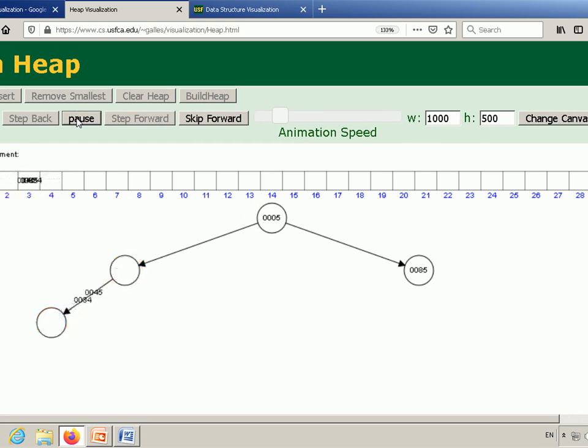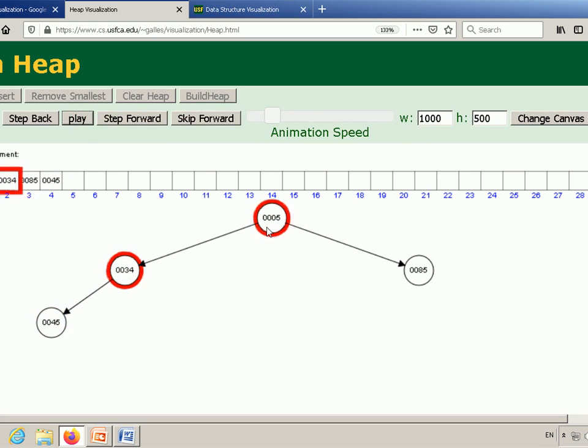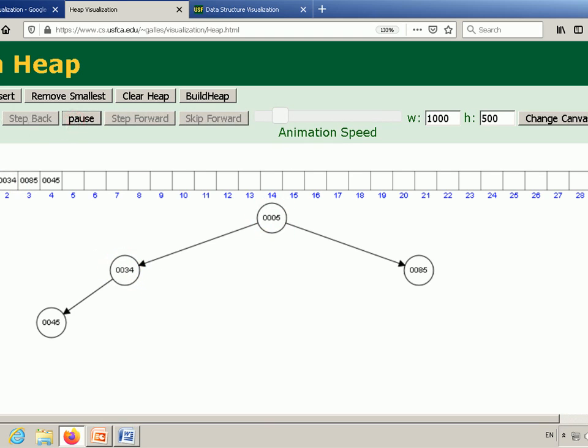Then 34 will get compared with the 5. As 5 is less than 34, and we are constructing a min heap wherein the root is always less than its children, no need to swap these two elements. So no swapping takes place. Then insert 26. So 26 goes to the right-hand side, no need to swap. Further, insert 52.